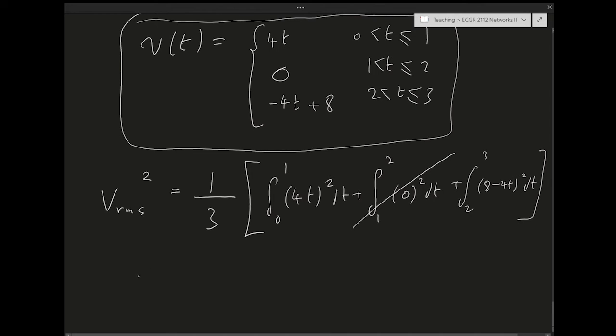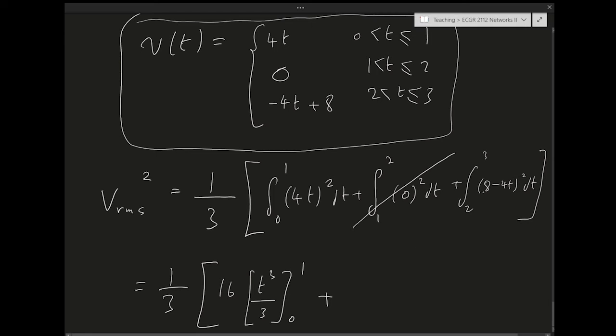Right? And I keep doing the math. So it's 1 over 3. I take 4 squared out, so it's going to be 16. I want to integrate t squared. T squared is just t cubed over 3, and I need to evaluate that from 0 to 1,